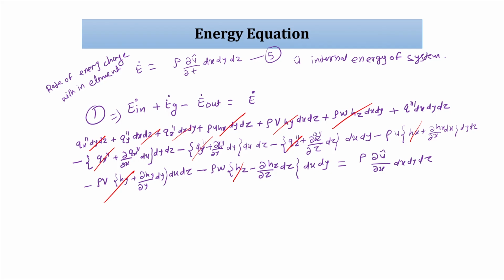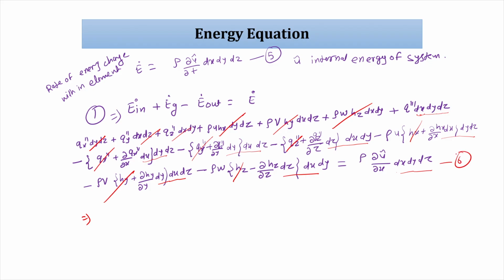We can see the multiplication dx dy dz in every term, and the right hand side also has dx into dy into dz. So we can cancel out all the volumetric terms, and we can write down